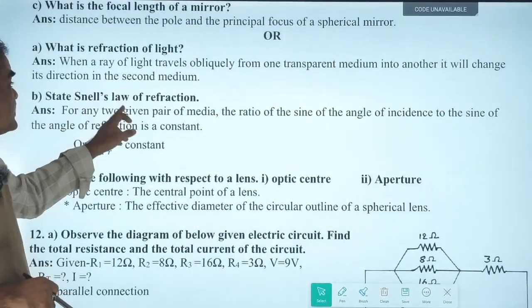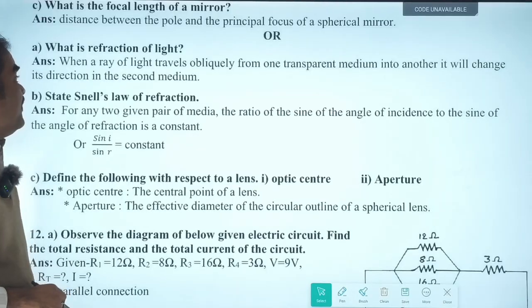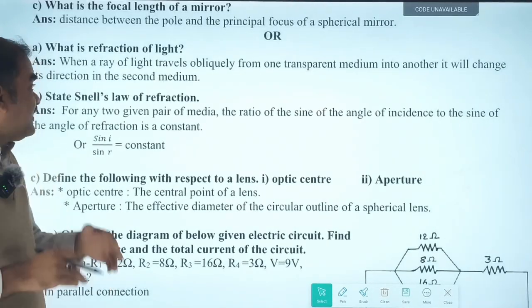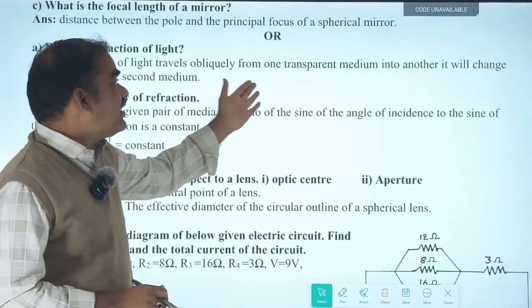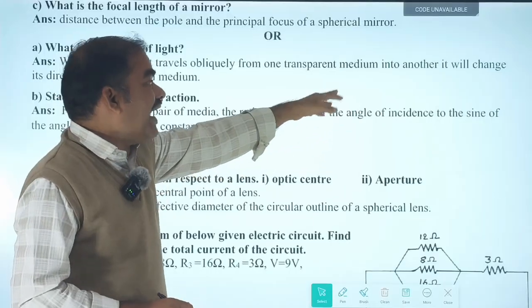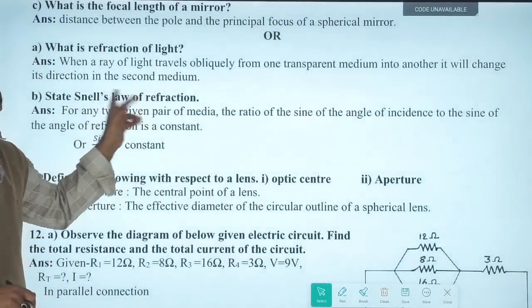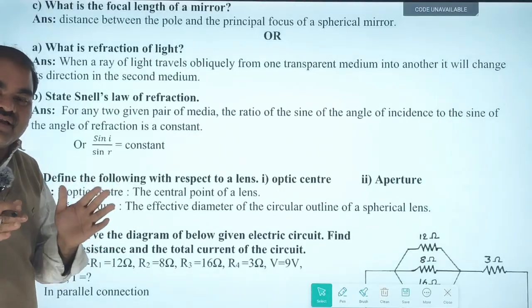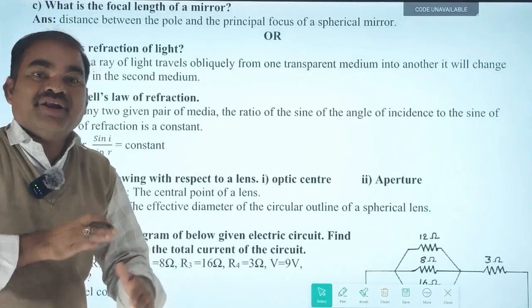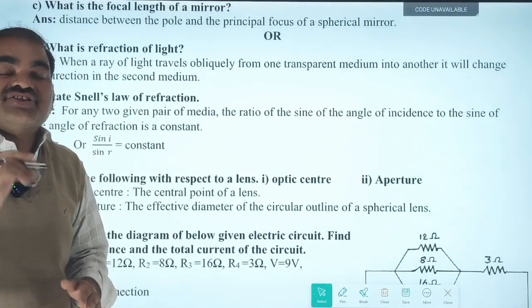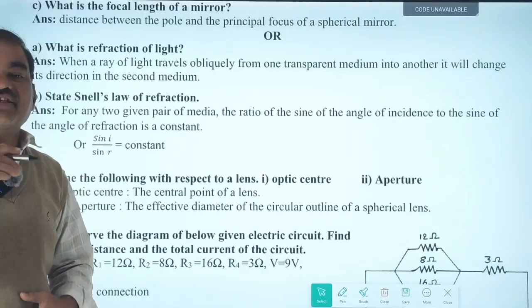Next, what is refraction of light? When a ray of light travels obliquely from one transparent medium into another, it will change its direction in the second medium. In general, when a ray travels from one medium to another medium, it changes its direction. That we call